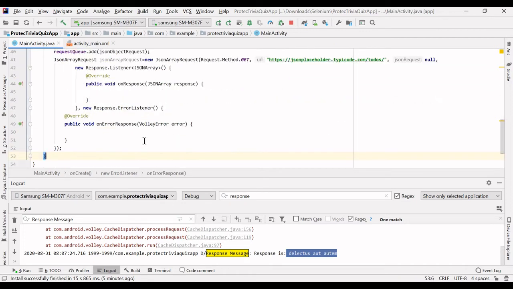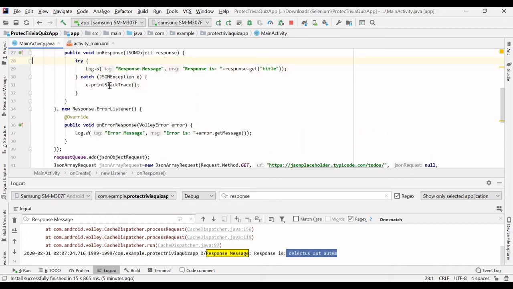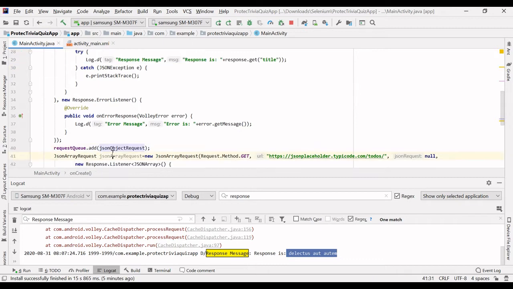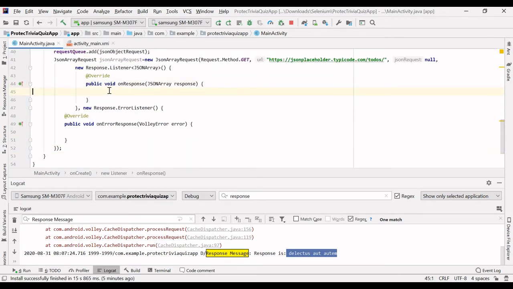Okay, so same, I will copy this and paste it here. I don't want to type, I'm so lazy. So, okay, this time I will get the JSON array message. This is the JSON array message. Okay, and remove this.